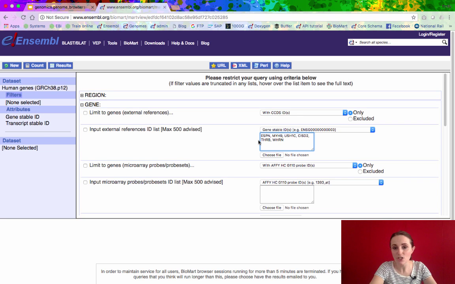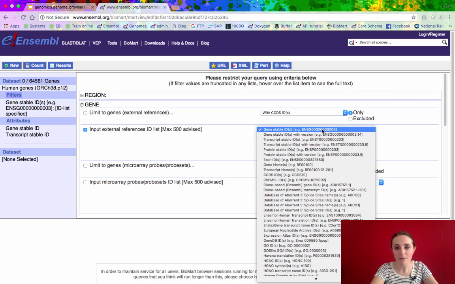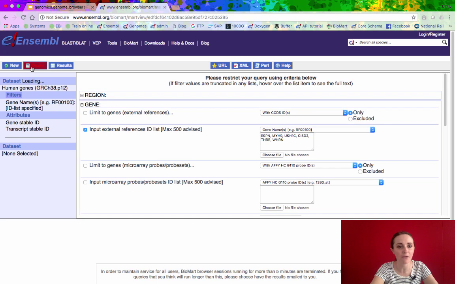One way I can check whether my query has worked, has been sensible, is I can hit count up here. When I hit count, I've got 0. That means I've done something wrong. If I look at this query and at the drop down above, it's actually looking for Ensembl gene IDs, these ENSGs, which is not what I've put in. So I'm going to open up this drop down and select gene names, because that's what I've put in. If I now do my count, 6 out of